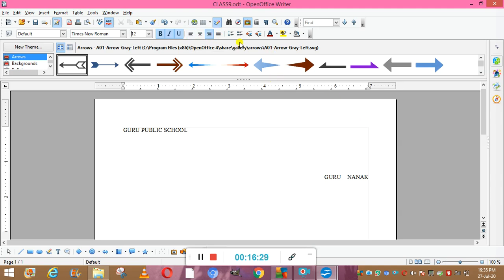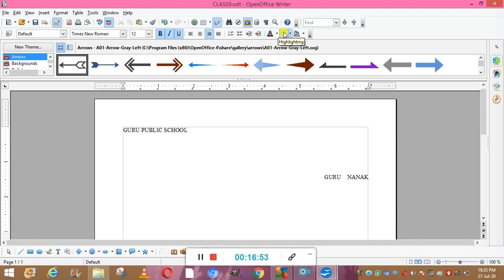Okay, next, this one is your numbering. From here you can select the different numbers. And this is your bullets. Bullets means the symbols you can use. Okay, and this is your decrease indent, meaning the spacing between the paragraphs and the lines, and this is increase indent. This one is your font color. Whatever you are writing, you can give it a color.